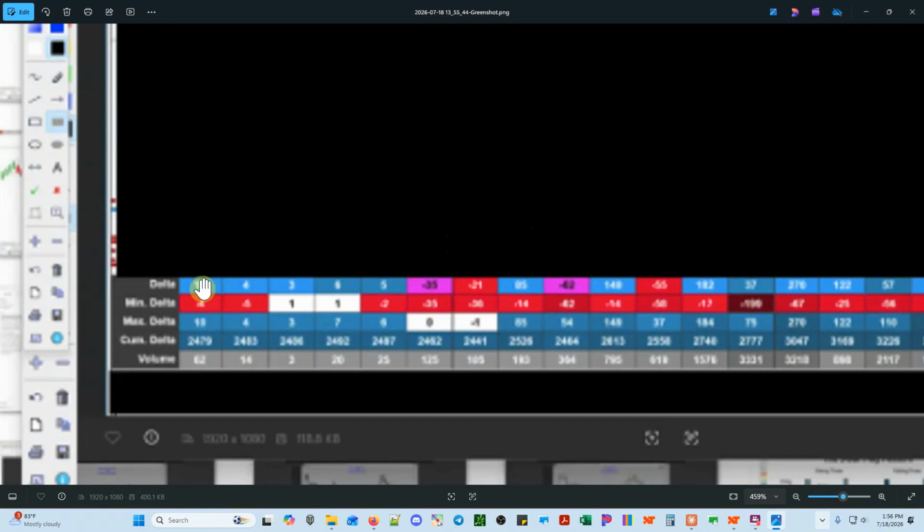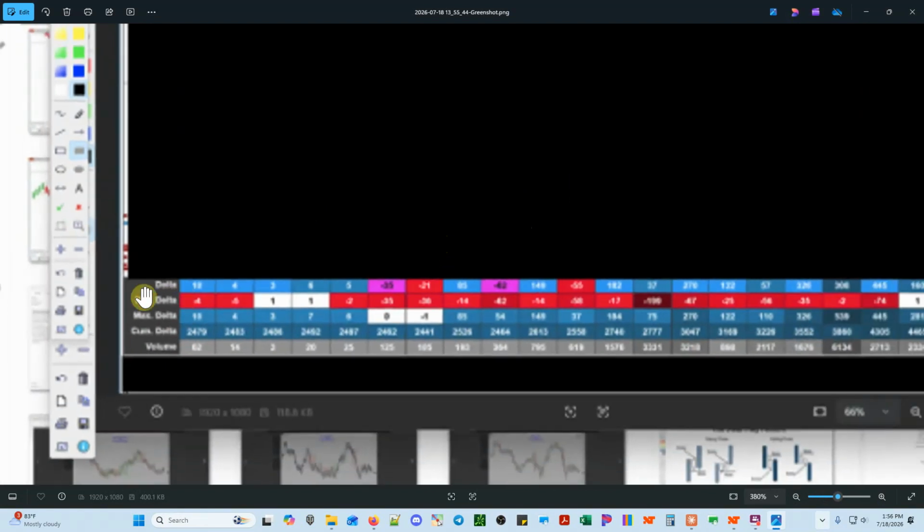If you have a footprint program, and I can't clear this up because it's a picture of a picture, but if you have a footprint program, you will have what you call a summary board down at the bottom. And what I said was, I just want to see the summary board. For right now, I don't want to see the footprint. Just recreate the summary board. And what I did was I took a picture of the summary board, I snapshot it, and I put it